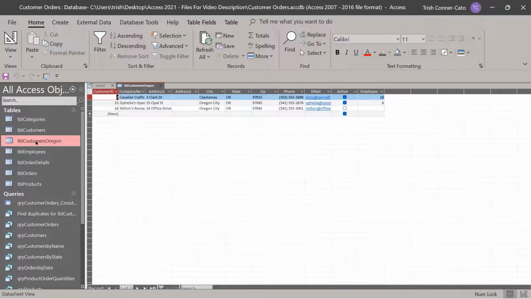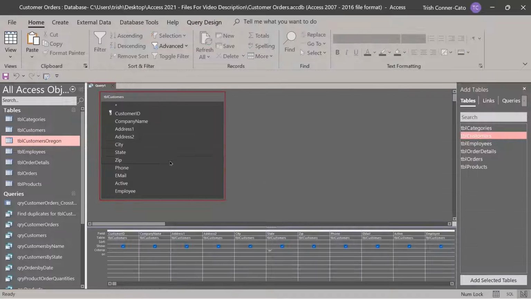You can double click it to open it. Just has those 3 customers in it. We can close the table. So we're going to use the same query. We never even saved this query or named it, but we're going to use it to create a customers California table. So I'm going to just go down and change the criteria for the state from OR to CA,